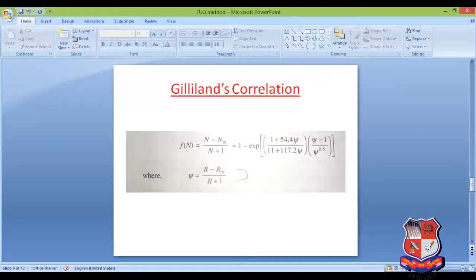Else if R is given like 2.5 Rm, so say your Rm is given, say your Rm is 1, so now your R will be 2.5 times Rm. That means your R is 2.5. So once again you can approach the same way. You have to go with one calculation. That means the R is given to you. You should not worry whether it is optimum or not. It is an actual reflux ratio, so you should follow it.